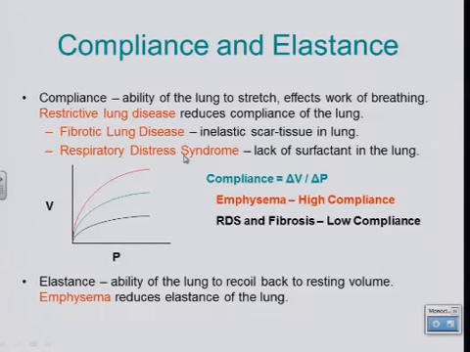This is in premature babies, where they do not produce enough surfactant by the type 2 cells. And this lack of surfactant causes a decrease in compliance in that the surface tension is increased. So we increase surface tension if we lack surfactant. Remember, we refer to surface tension like water. If you want to blow a bubble with just pure water, there's a high surface tension of the water molecules. They don't expand very easily. But if you add a little soap to that, you increase the compliance, you decrease surface tension, so now the water molecules will easily expand.